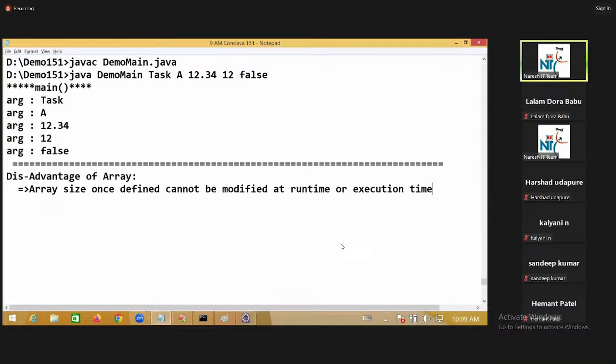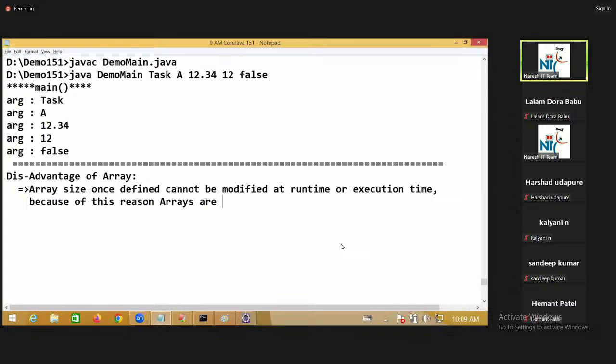Array size once defined cannot be modified at runtime or execution time, because of this reason,